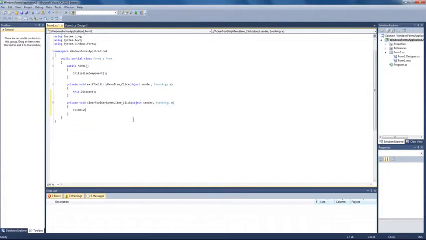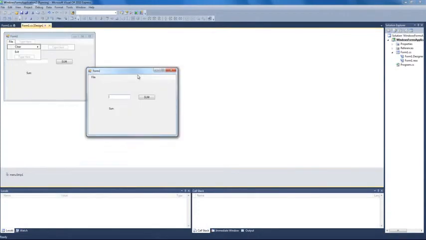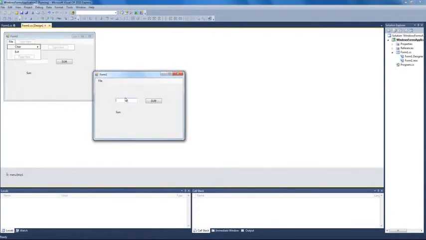That's textBox1.Text should be equal to an empty string. That's the only thing we need to do. Let's try this and see if it works. So now we can just enter any number here and then choose Clear, and we can clear the text field,